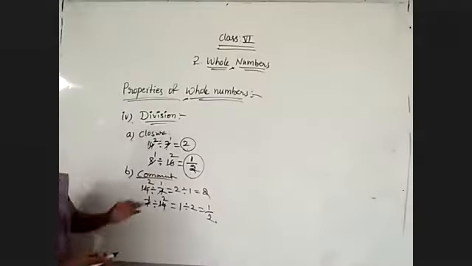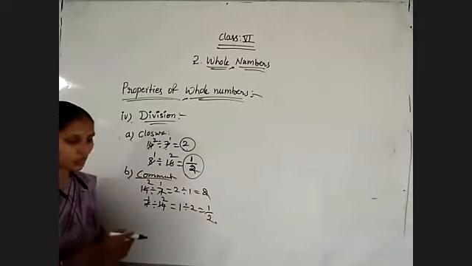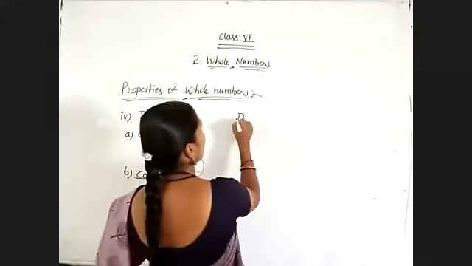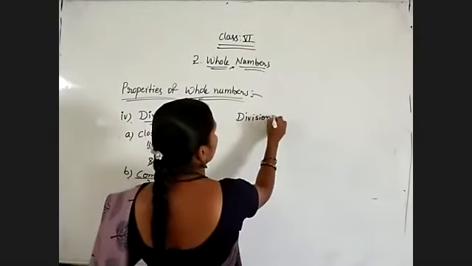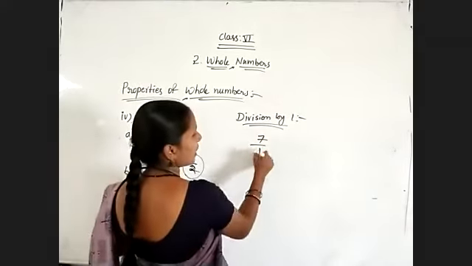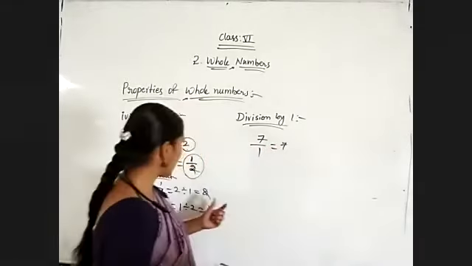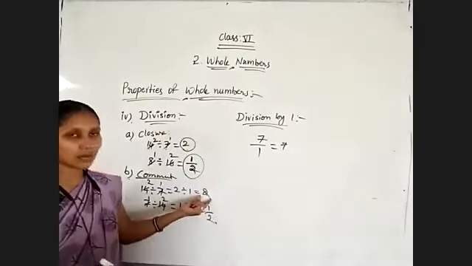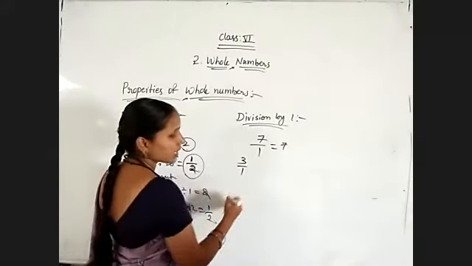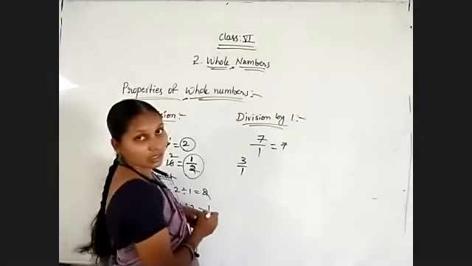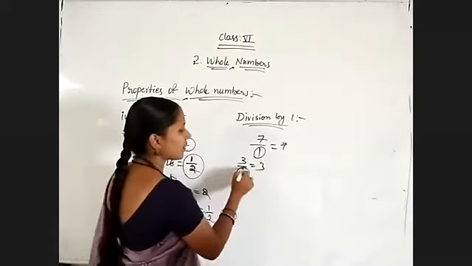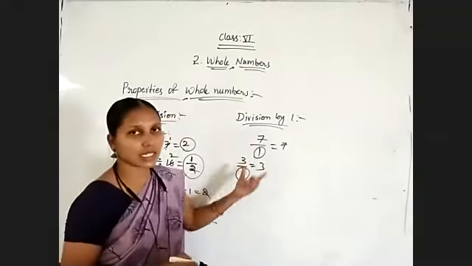Like this only, check it for associative property also. So any property is not suitable under division. And one more, division by 1. When I am dividing any number, 7 divided by 1, that number only I will get as the result. Just as I told you, 2 divided by 1 is nothing but 2. So 3 is internally having the divisor 1. 3 divided by 1, that is nothing but 3. So any number divided by 1, the result is that number itself.